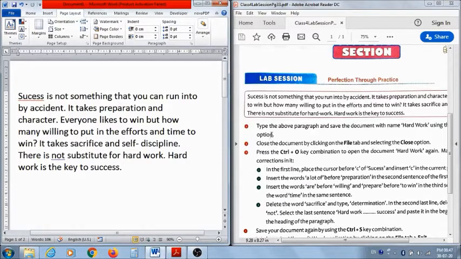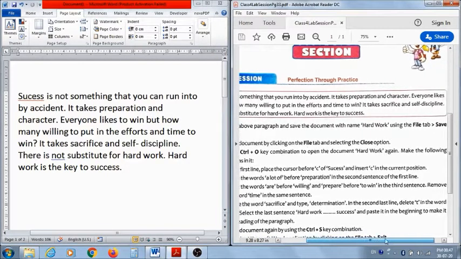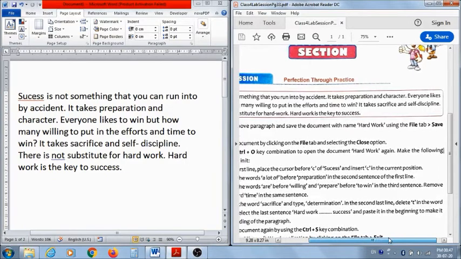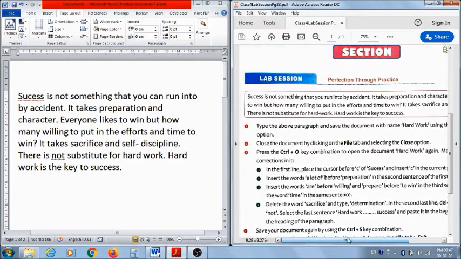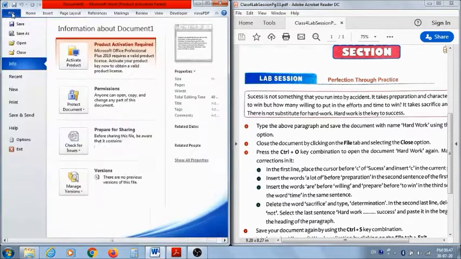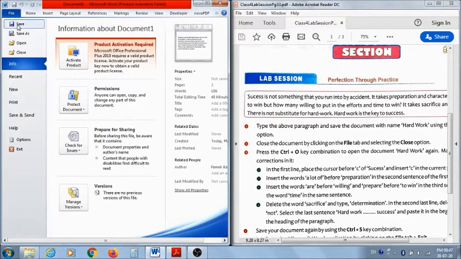Okay. Now first it is telling you type the above paragraph and save the document with the name hard work using the file tab, then save option. So the first I have already typed. Now you will go to file tab and click on save option.